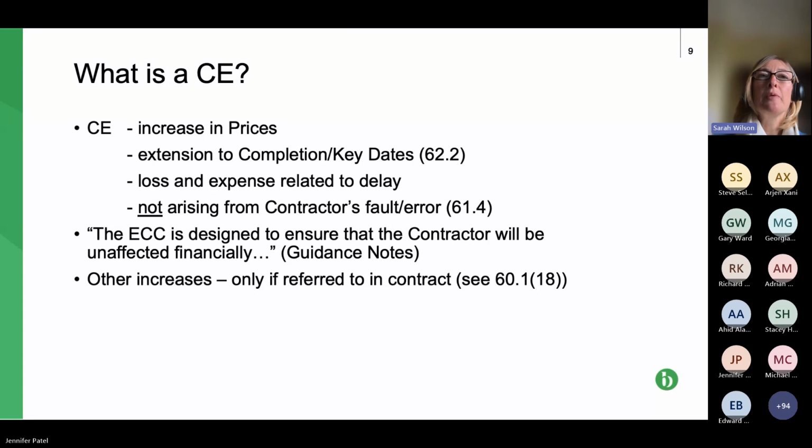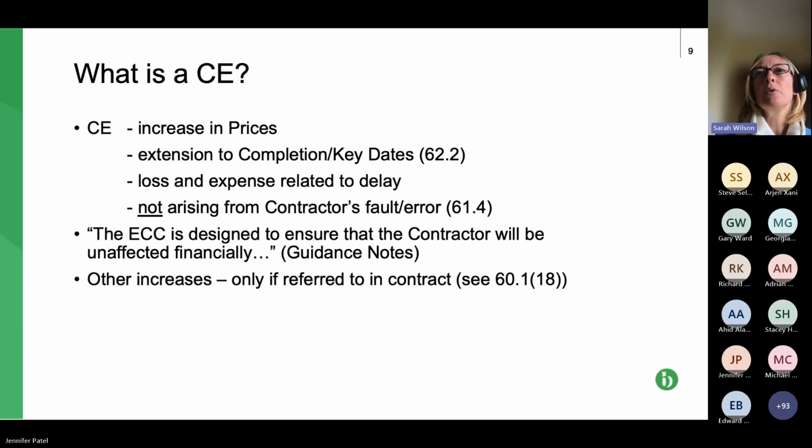So we have this quote. The second bullet point is a quote from the guidance notes for NEC3, and it says the engineering and construction contract is designed to ensure that the contractor will be unaffected financially. So it's a funny quote, but it's basically meaning that the contractor should be able to recover its costs regarding compensation events. And this is why we're looking at that base cost rather than, if you're familiar with JCT,